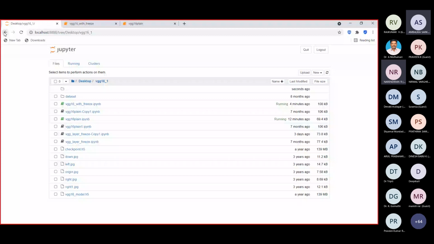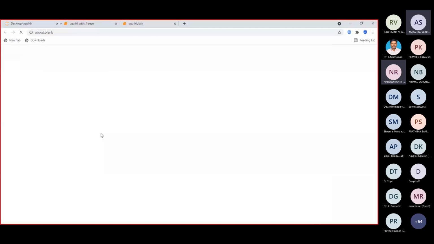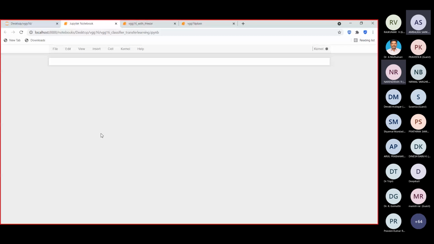So this is the feature extraction concept here. These are the codings. I have initialized the training data set, and all these things, using the same example.